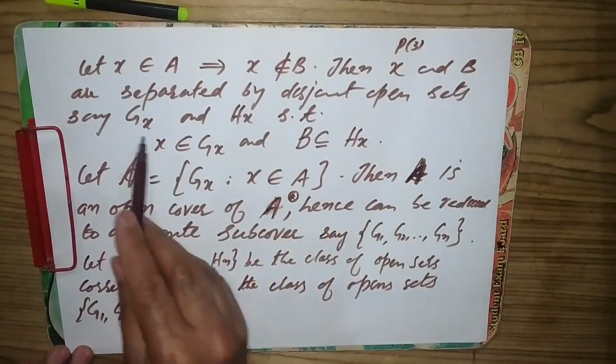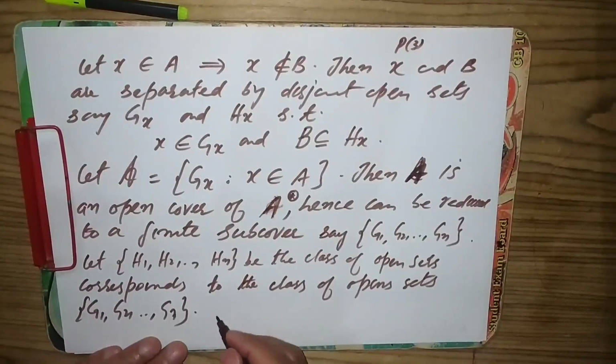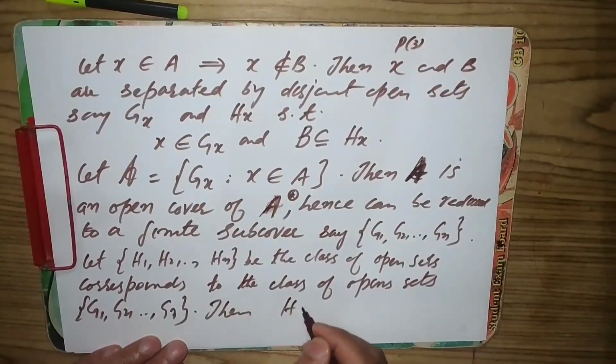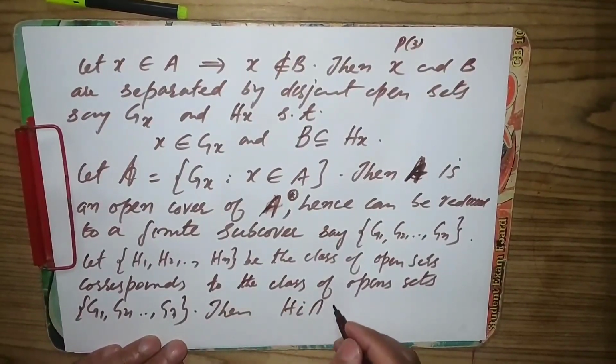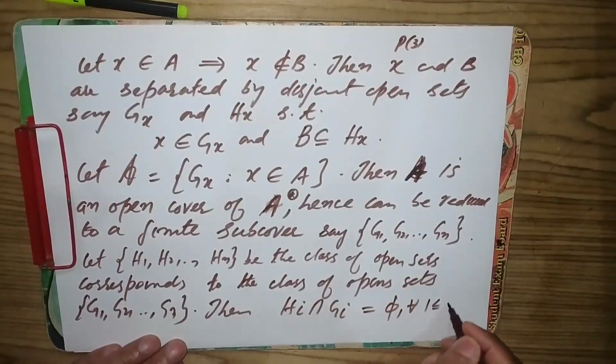So we have here G1, G2, Gn and H1, H2, Hn. So then they are disjoint: Hi intersection Gi is empty for all 1 less or equal to i less or equal to n,